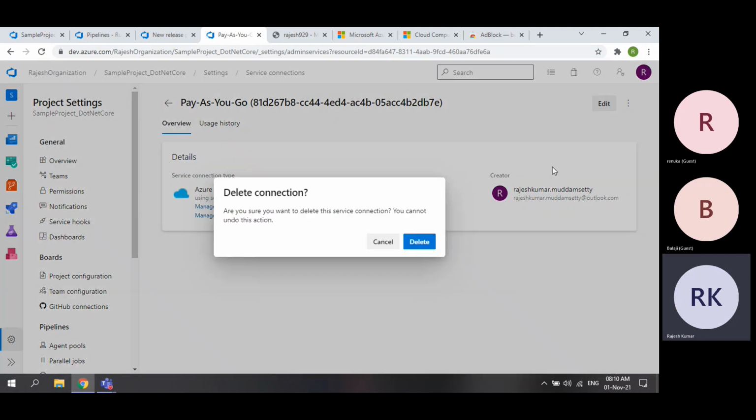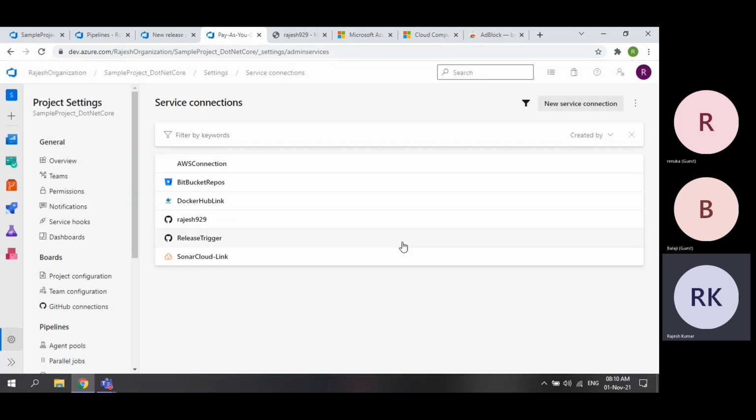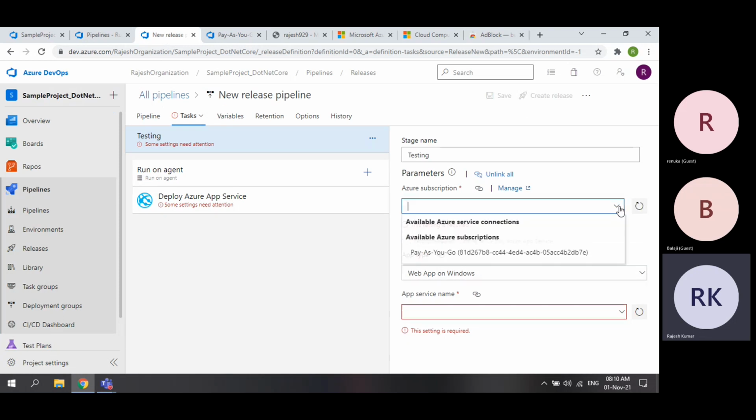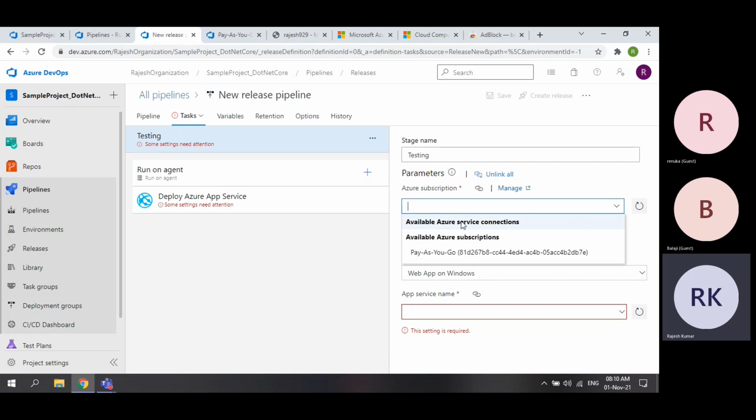I will delete this also. These are all very old ones. That's why I'm seeing some errors while working on this. Now if you see, there is no Azure connection in my project. Now if I go here, refresh, and if I drop down, see, under Azure service connections, there is nothing.